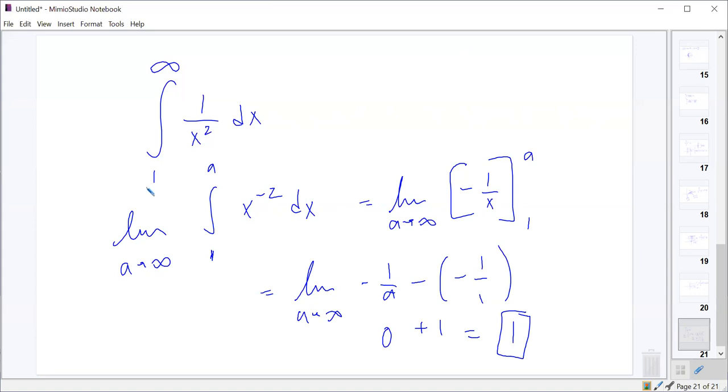Improper integrals can go towards negative infinity or towards infinity. You could also do negative infinity all the way to infinity. In that case, you would just need to separate it at some point in the middle and do two different limits. One is where we approach negative infinity from,